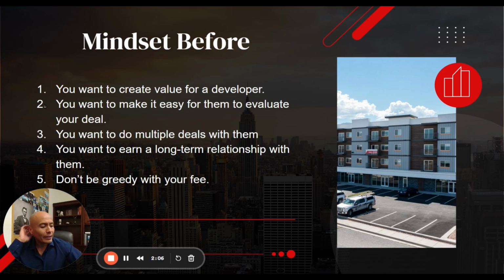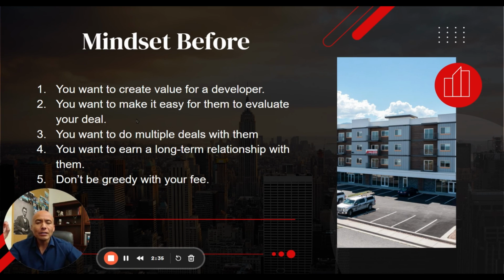If it's an absolutely amazing location and you got it for a screaming price, that might work. But why take a chance? What if it's not as great as you think it is? Because especially if you're starting out, you're not necessarily the expert in that market. You might know some, you might have done some research, but it might not be a screaming deal. It might be one of those where they're like, well, it's got potential. But now they're going to start asking you a bunch of questions. So to make it easy for them,